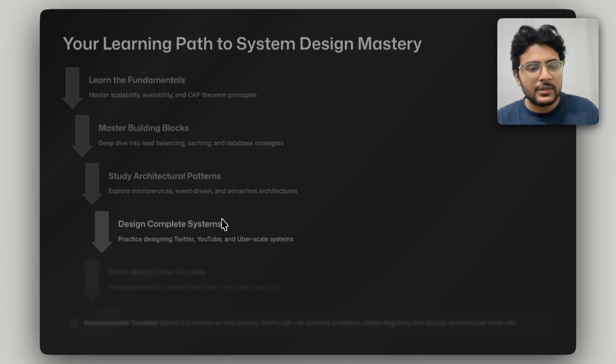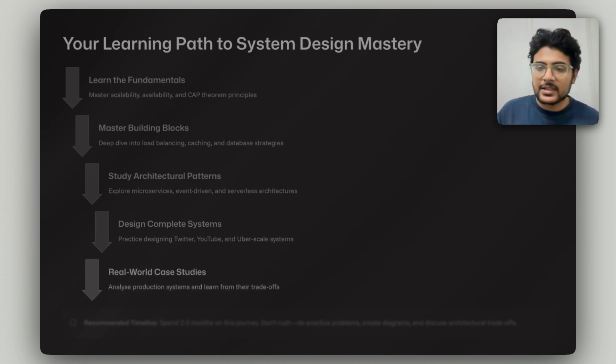So we design, then we should take reference from existing applications that are really standard and work really efficiently, such as Twitter, YouTube, Uber, which are hot topics of system design. Next, you should look at case studies that people have published online. You should get some insights from them, and then you should start building.